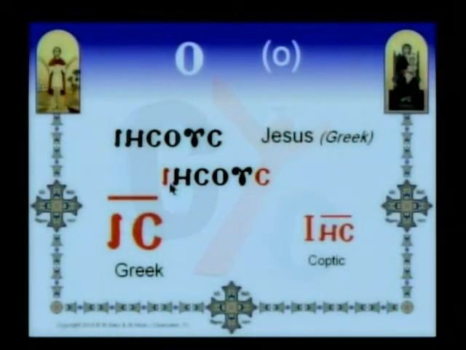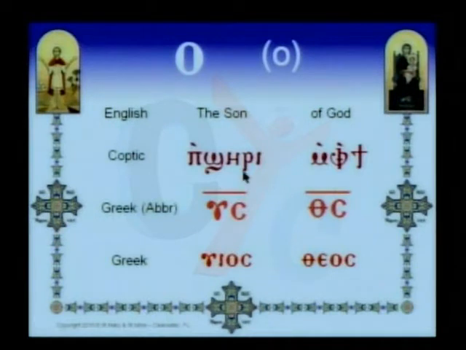In Greek, although it's the same word, in abbreviation they take only the first letter and the last letter. So this is the Greek way to abbreviate Isus, and this one is the Coptic way. The rest of this, we say Isus pe Christos epshiri emefnuti, which means Jesus Christ, the Son of God. This is the Coptic way of writing them. It is epshiri emefnuti. The abbreviation is only on emefnuti. We abbreviate the phi and the t.